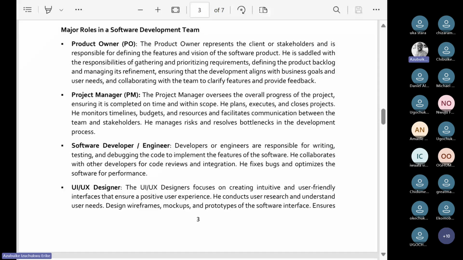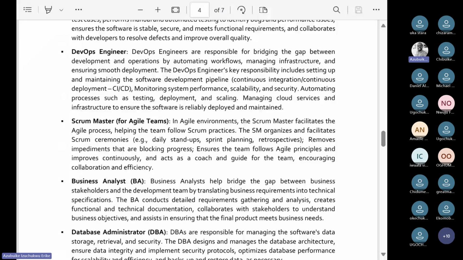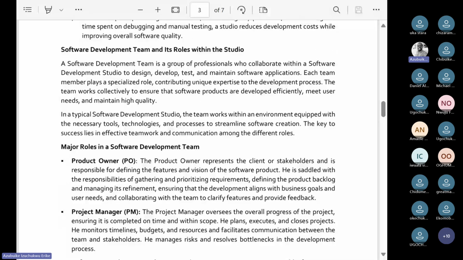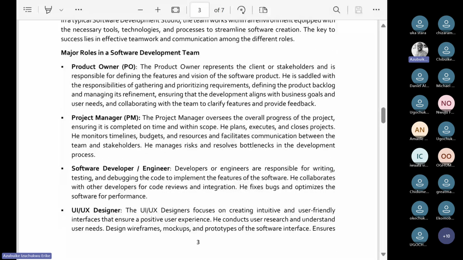Because in most instances, the product owner may not be properly acquainted with what is needed in the product, although he is the person that conceptualizes the project and wants his project done that way. So for that to be properly executed, there is the need for a software requirement engineer to interface